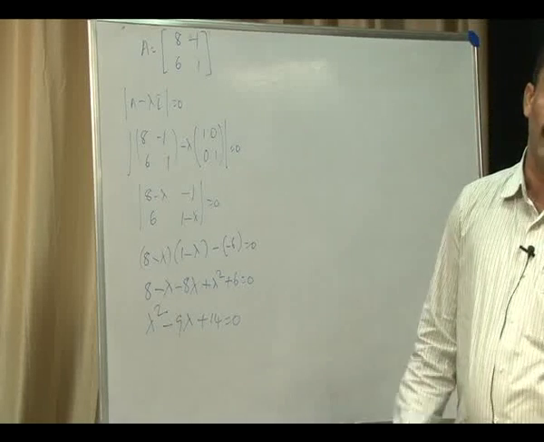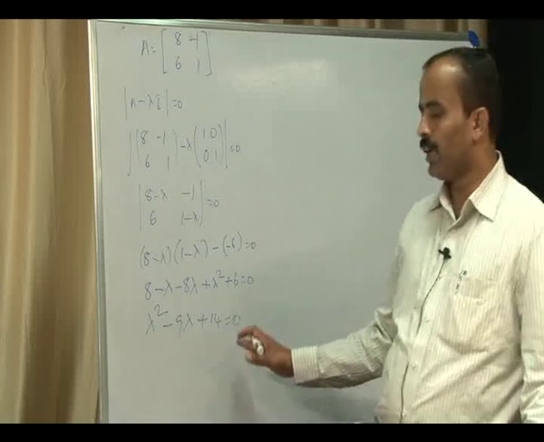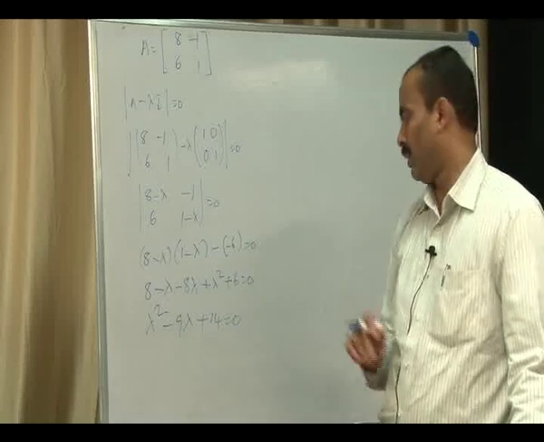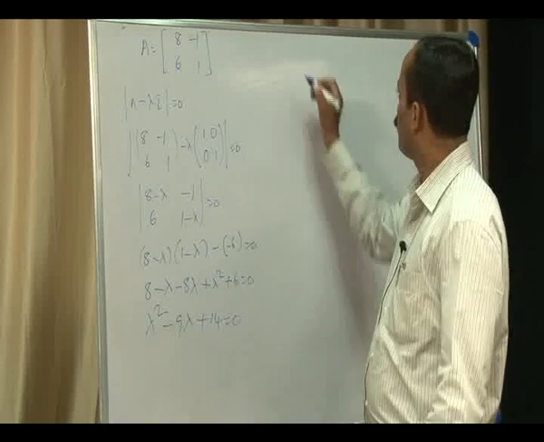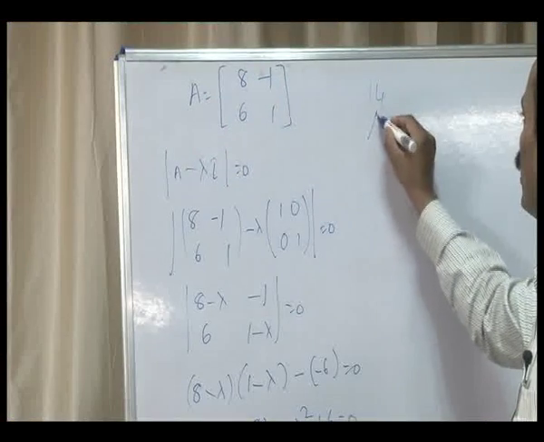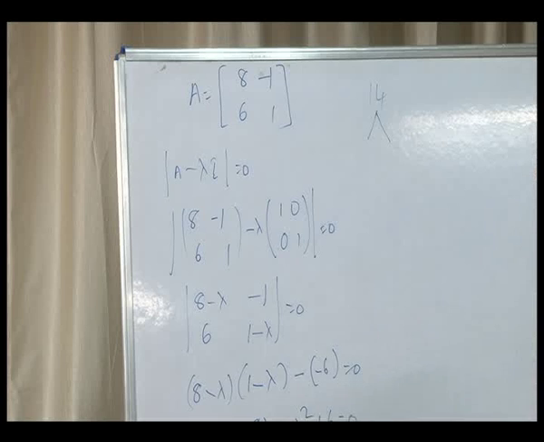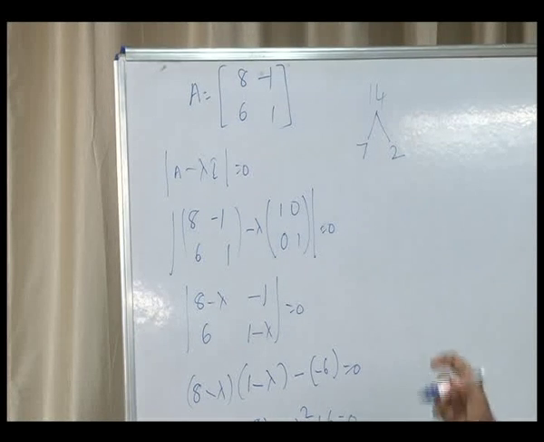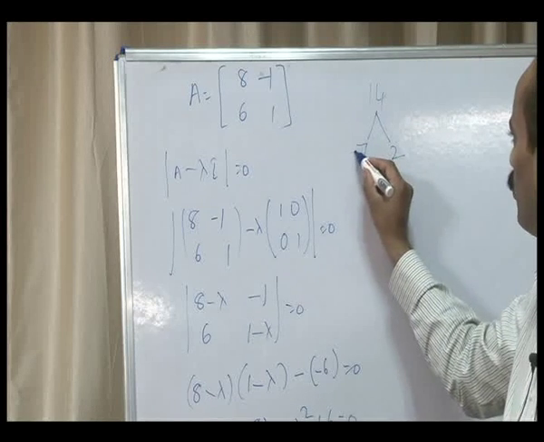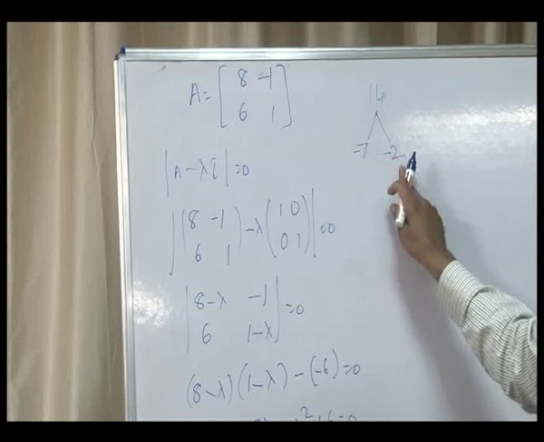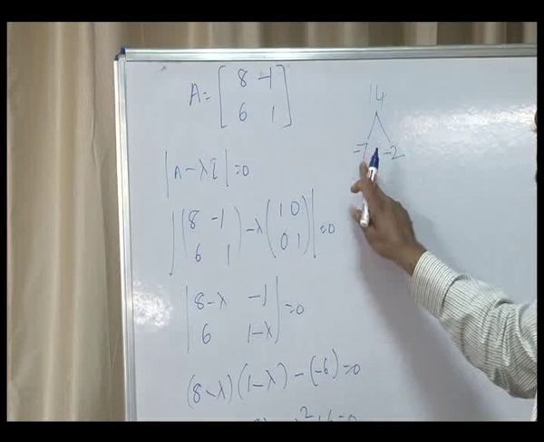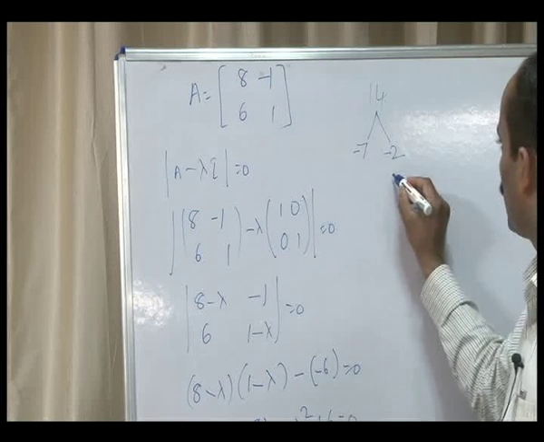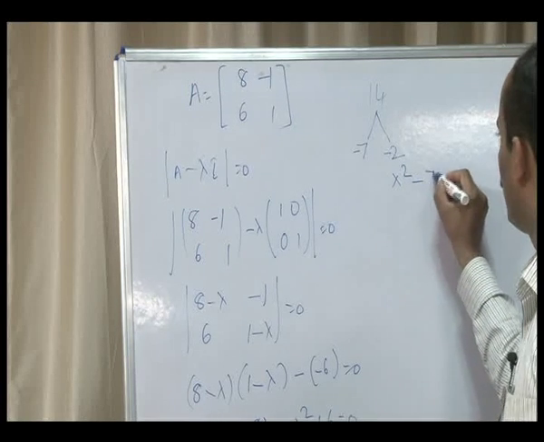In terms of lambda, now to find the eigenvalues or characteristic roots, we have to simplify this equation by factorization. Here the number is 14, what are the roots? So, 7 twos are 14. Minus 7 into minus 2 is plus 14, minus 7 lambda minus 2 lambda is minus 9 lambda. Therefore, the equation becomes lambda square minus 7 lambda